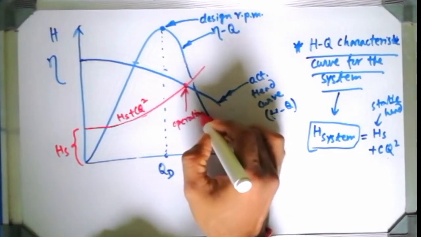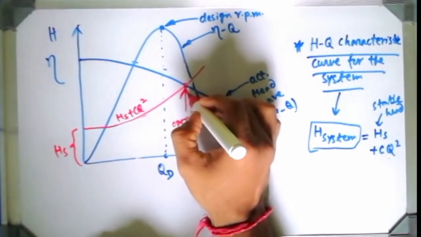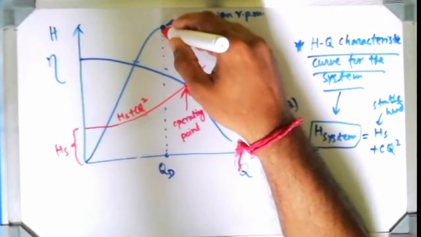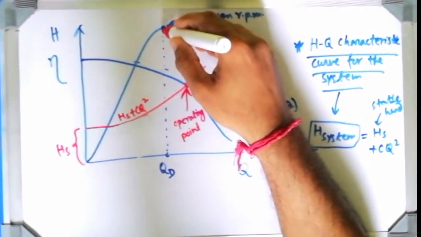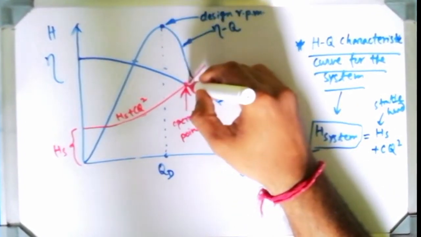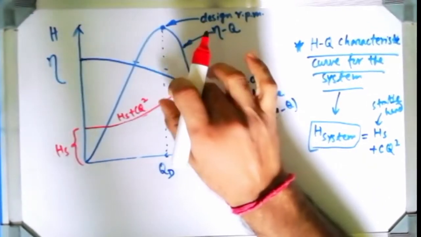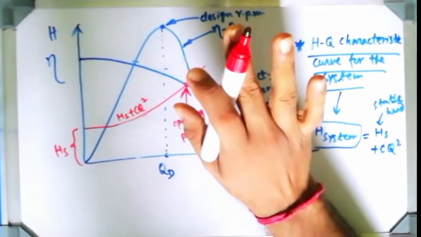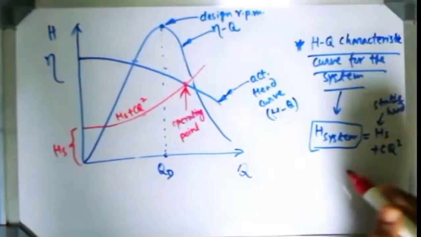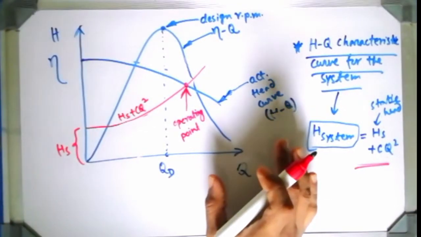What is this operating point? Operating point means at this point the pump will actually be working. You can see this is the design value, because we have designed the pump based on this value, but it is working at this point. A deviation is there, always. If these points come close to each other, that means the estimation is very good. The engineer who estimated the system loss is very good at it.